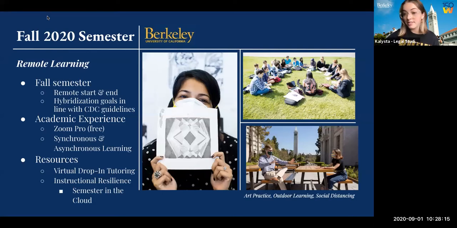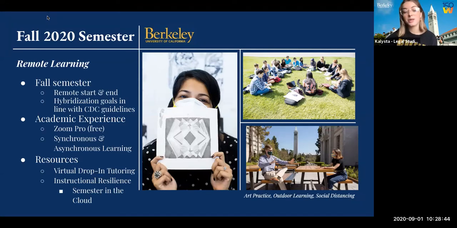and go to a live lecture at their designated time, but you can also choose classes that just upload the lectures and all of the work for the week, and then you do it all on your own time, which is super helpful for students, especially in different time zones. Some resources that we're given is virtual drop-in tutoring through the Student Learning Center and through different resources as well. Tutoring is always available to all students, which is really, really great.